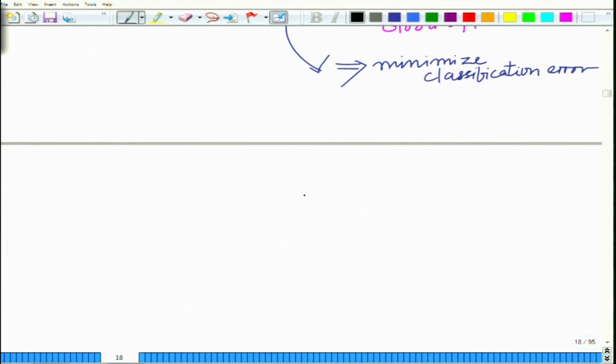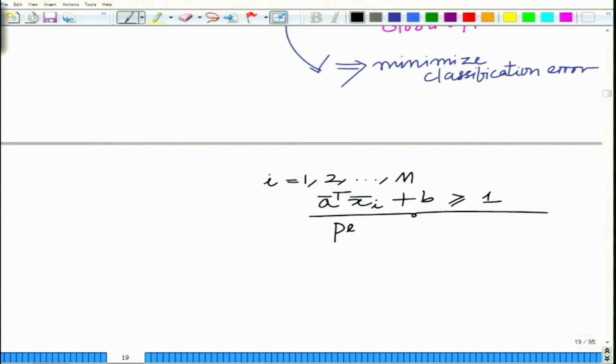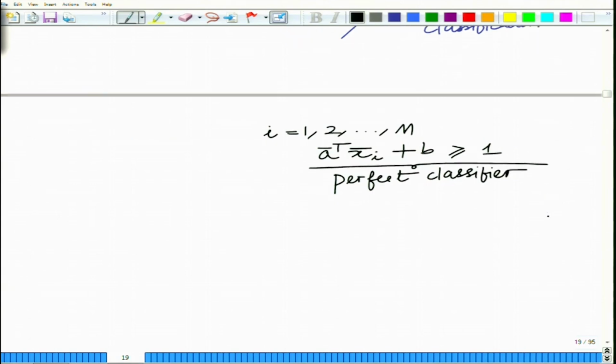So, here remember, consider the points i equal to 1, 2 up to m, we have the condition a bar transpose x bar i plus b greater than or equal to 1. Remember, this is for a perfect classifier, if perfect classification is possible. On the other hand, when this is not possible, what we will do is we will modify this as follows: